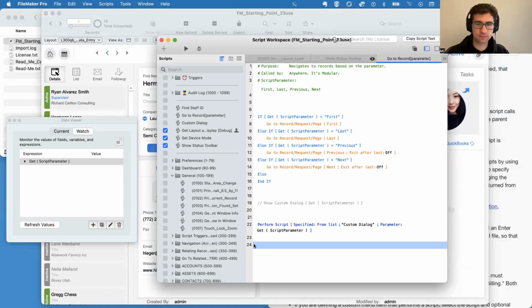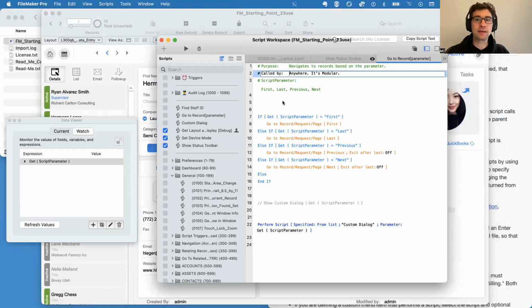What is called by anywhere is modular in the script comment? So basically, what do you mean by a modular script? Yeah, good. What do I mean by modular? It means that it's not